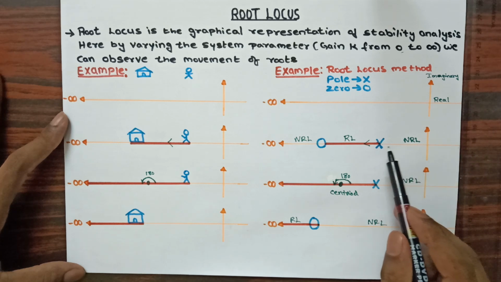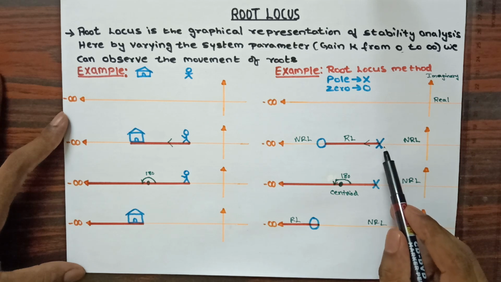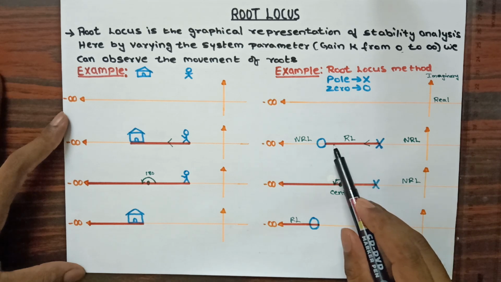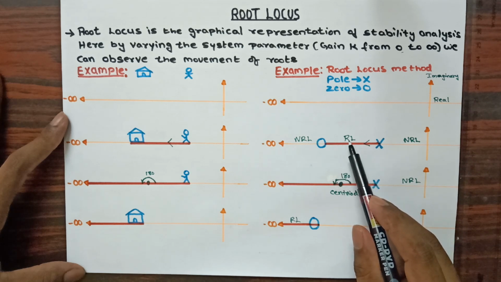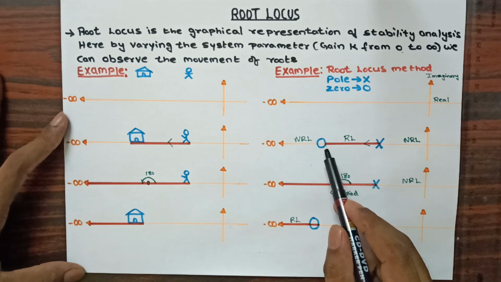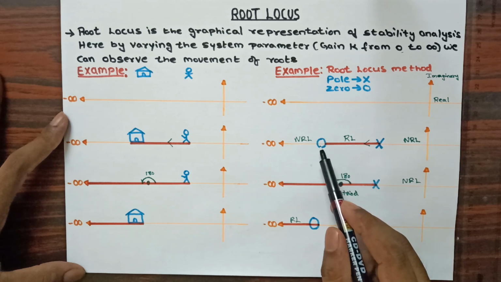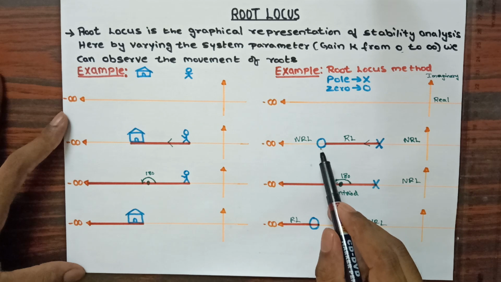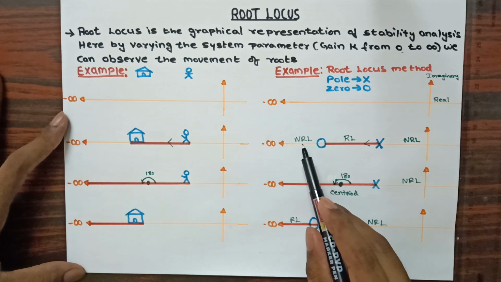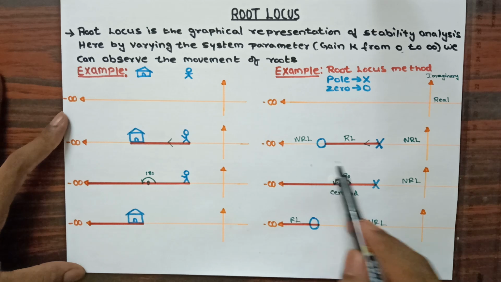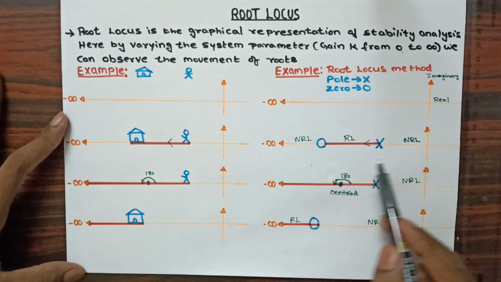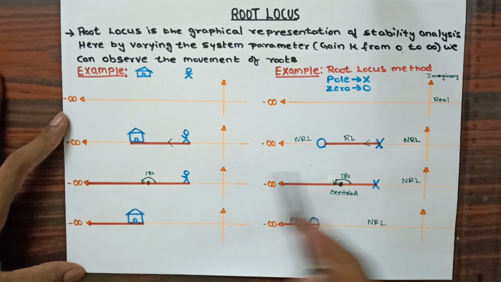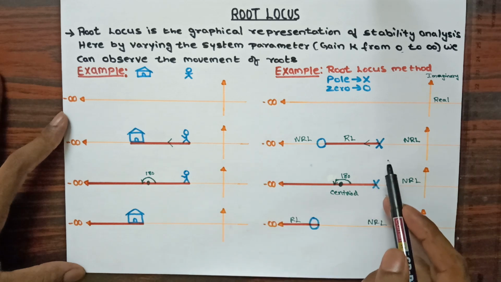Now here I am getting count 1, that is 1 pole. So count 1 is odd. From this odd count to the next count I will be providing the root locus path. I have shown it in the red line, and the root locus path I have written in short as RL. Once it reaches this point it becomes count 2. Now 2 is even, and next we are not having any count till infinity, therefore from this point till infinity it is an even count, and we are providing no root locus path. In this way on the real axis we are going to identify the root locus path and no root locus path. So we have compared this general example with the pole and zero.